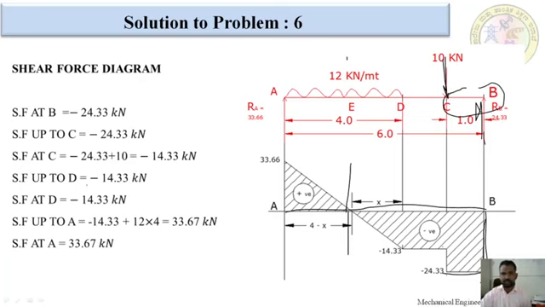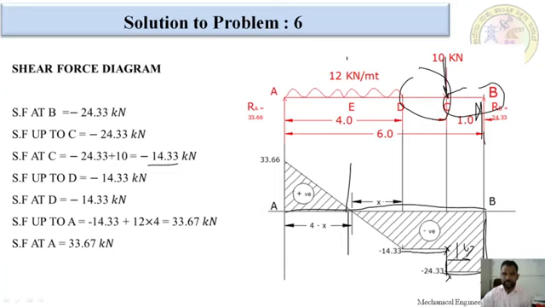At C point, how much did we get? At C point, we got negative 14, which is less than 24. For that reason, here it is 14.33. This is the left line, this is the front line. Both we have to draw with a vertical line. See, what I told previously: whenever a point load is there, there would be one vertical line in the shear force diagram. After that there is no load between these 2 points, so we will draw a horizontal line up to here at D point.